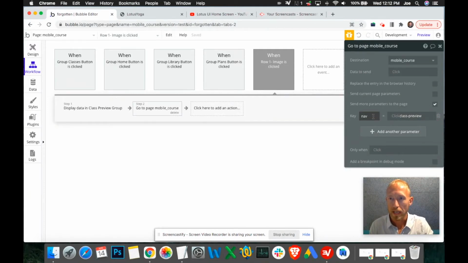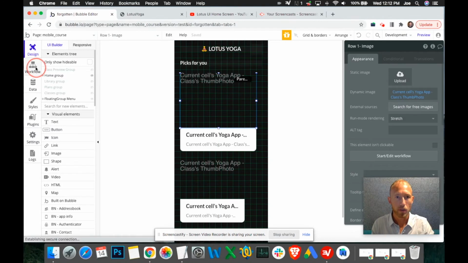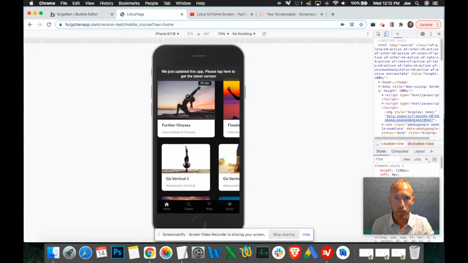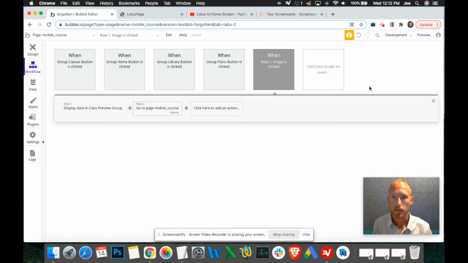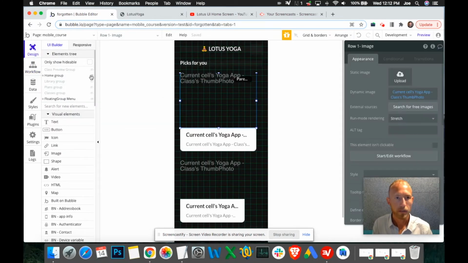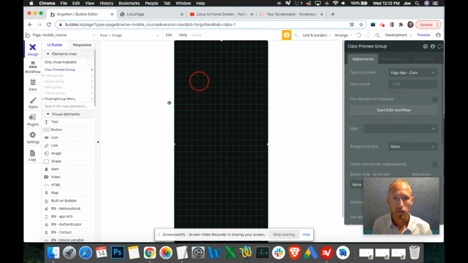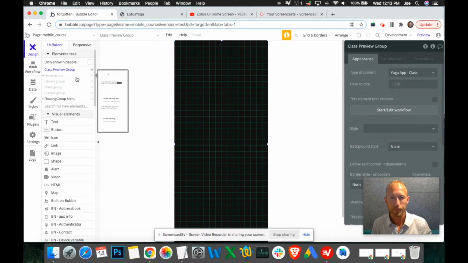What's going to happen is that when someone clicks this image, all the data associated with whatever class they clicked, because that class is going to have a video, right? That's 20 minutes long. Do your yoga class for the day. All these things. It's going to display that data in that group, and then we're going to navigate to that group, and then we're going to do some things so we can show off that data. So, yes, this is what we want. All right. So once that's clicked, back in our class preview group,